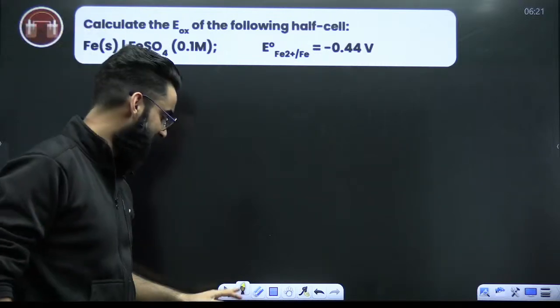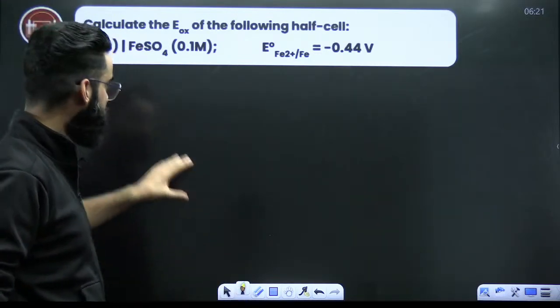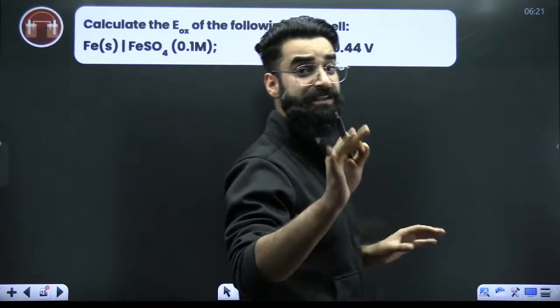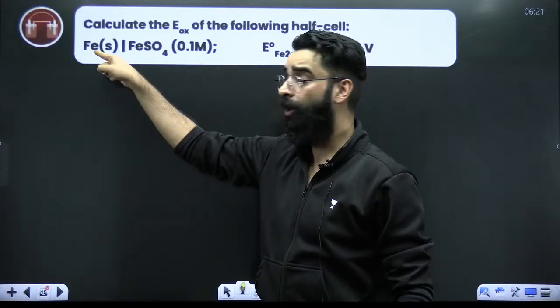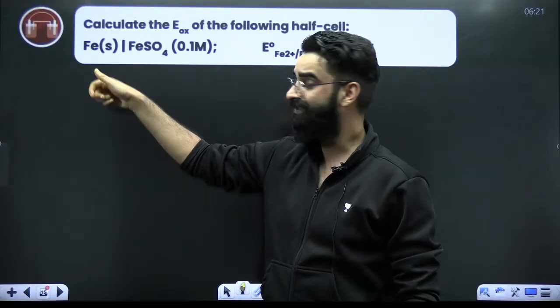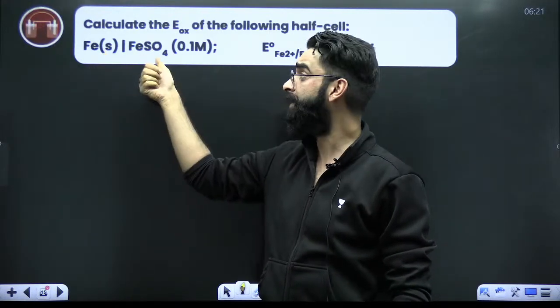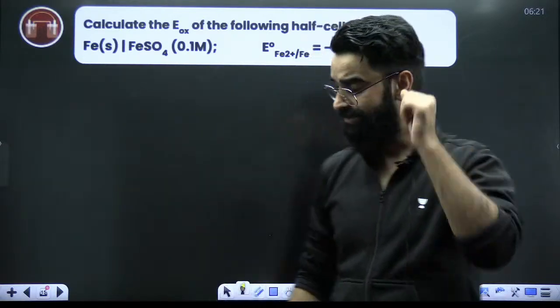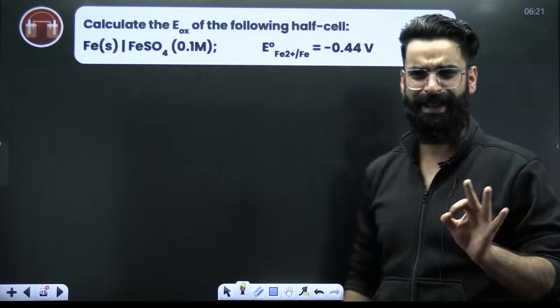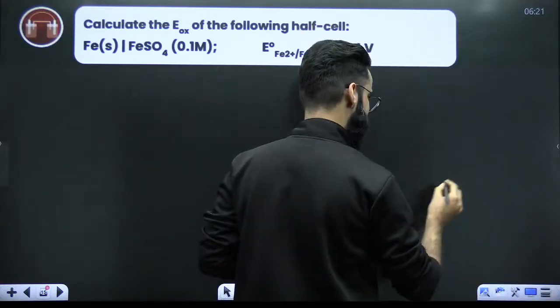Okay, look at this particular question, guys. Try to understand. The question is, we are given an electrode. Look at the electrode carefully. You have taken an iron rod, and this particular iron rod is introduced in a solution containing FeSO4, right? Simple. So basically you have taken an iron rod. Let me just make it clear to you.